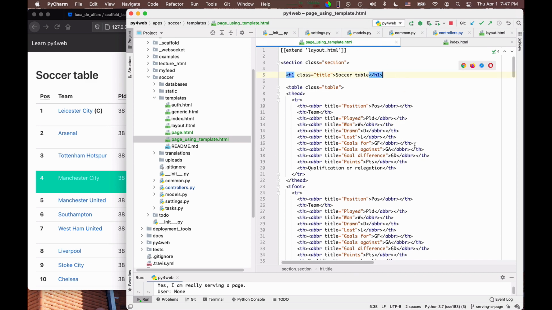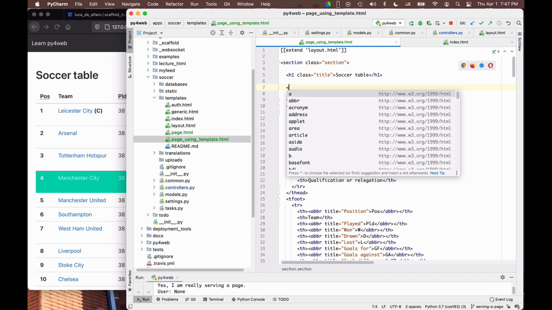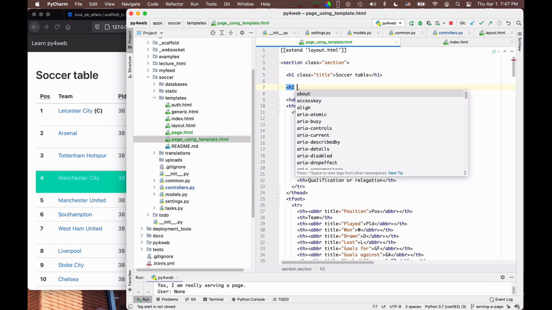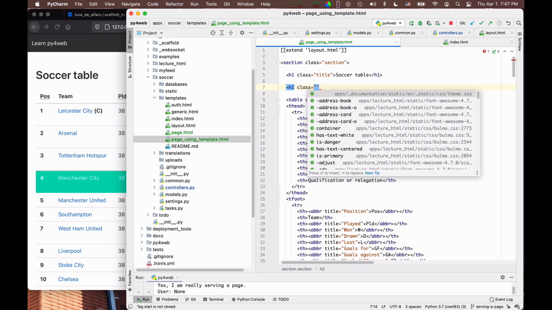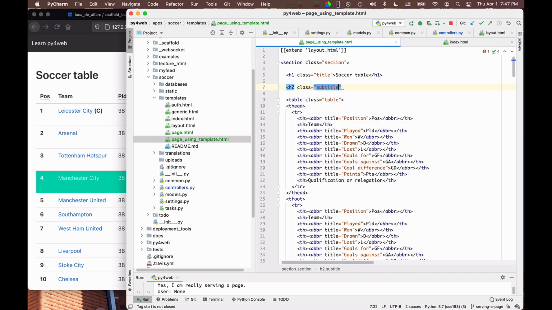Let me do a very simple template. I can say h2 class is equal to subtitle, okay, year colon, okay, and I want this year to be computed by Python, essentially, not to be static. So I can say, with these square parentheses, equals year.